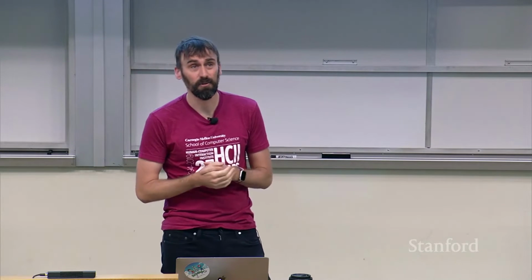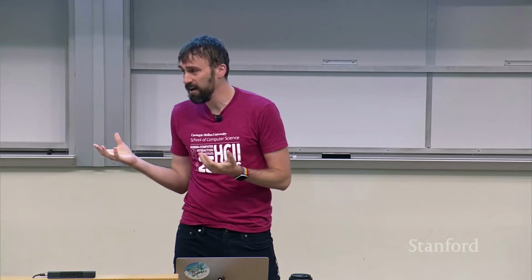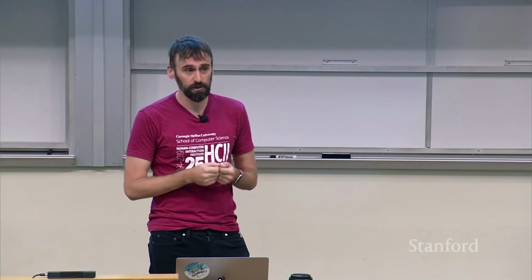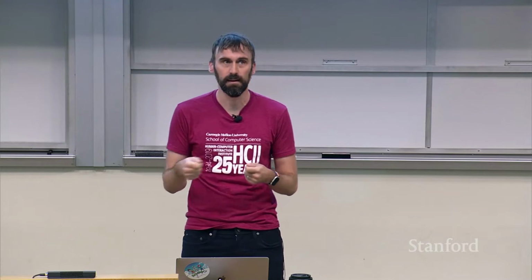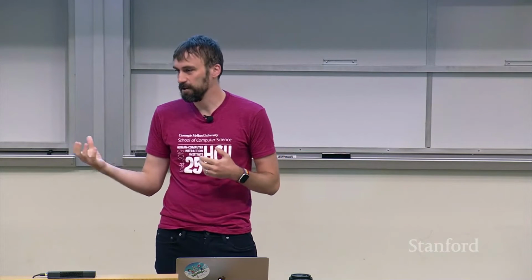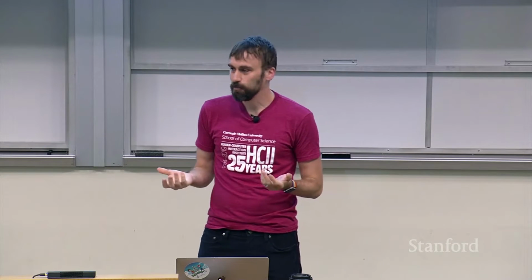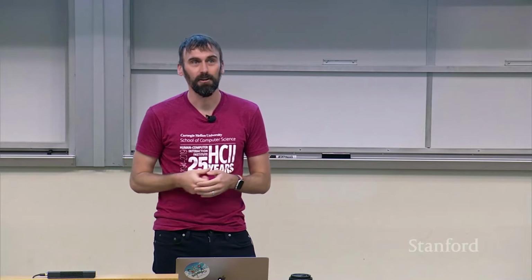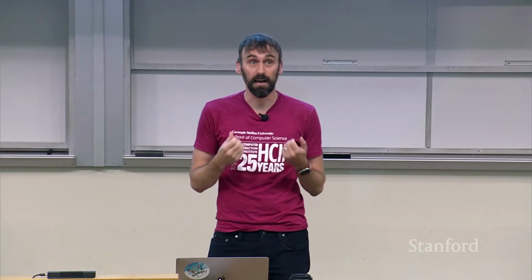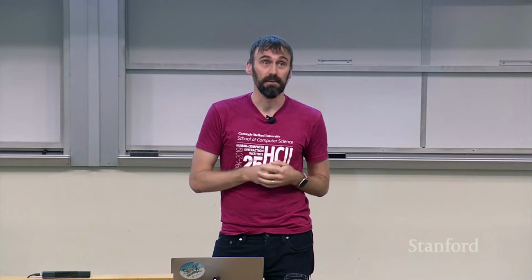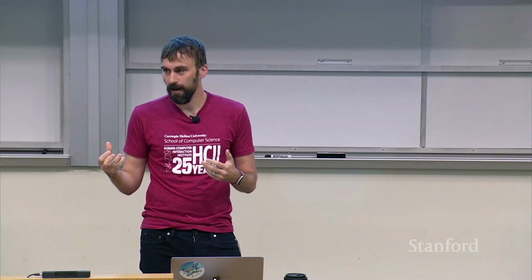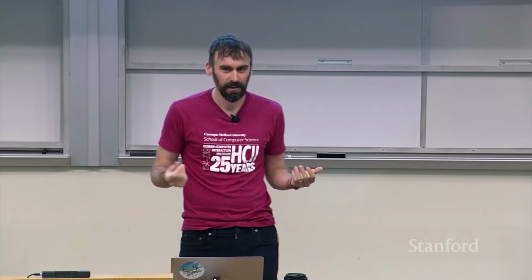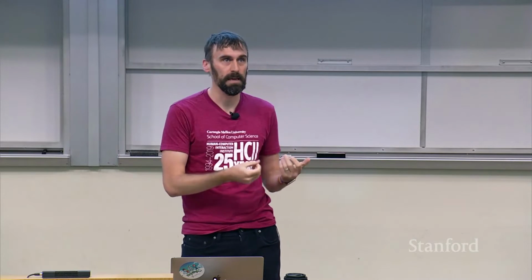The other is, for better or worse, we do have all of this stuff out there that assumes certain abilities, and so we need to be able to translate between it. I'll go into a little bit more about why that is. But if something is assumed to work in one way, how do we make it work in a different way? As we develop more and more features, I think it's really great that a lot of devices, like the iPhone, have 50 accessibility features that change in all kinds of different ways how you use it. But how do people know about those? Do people know what set is going to work for me?